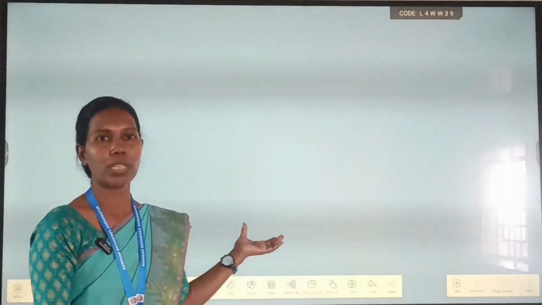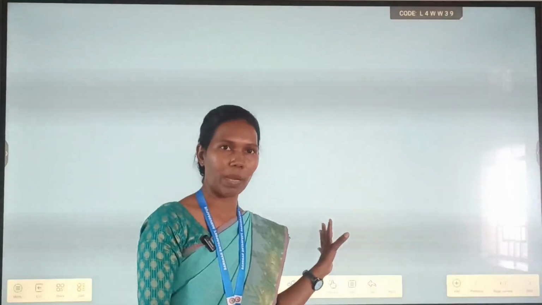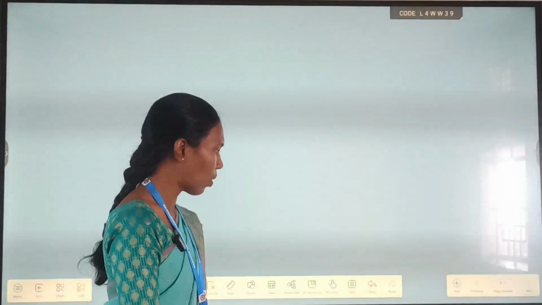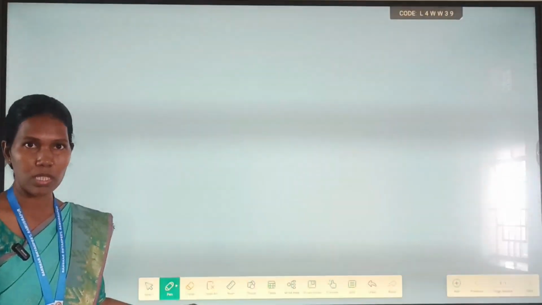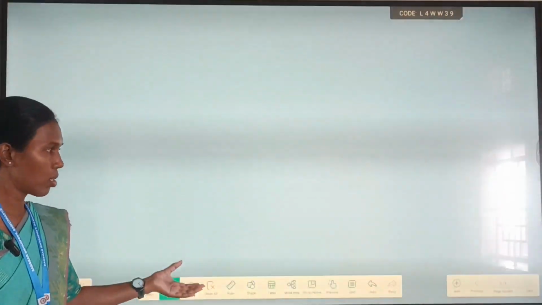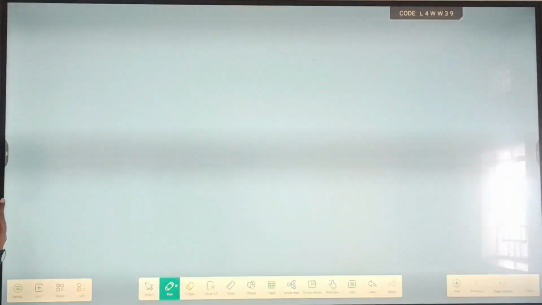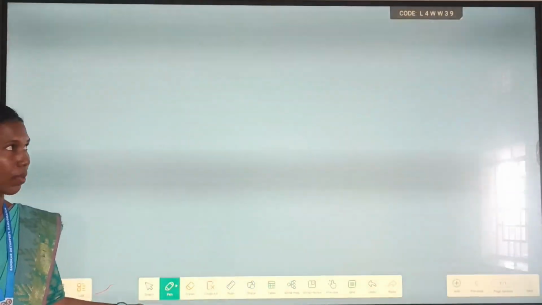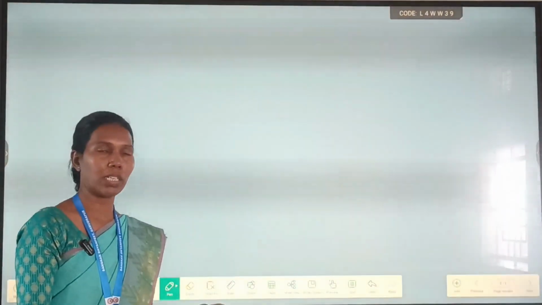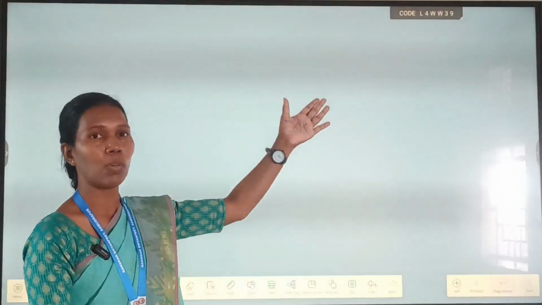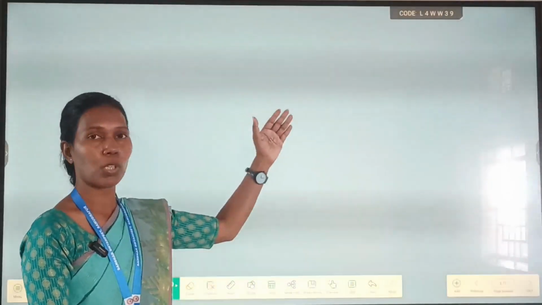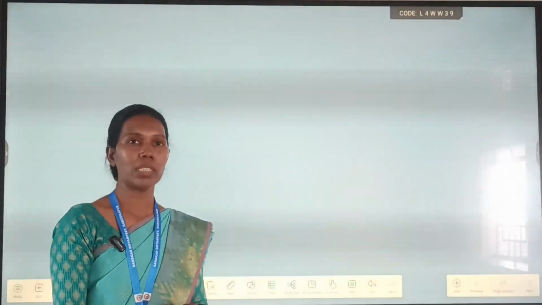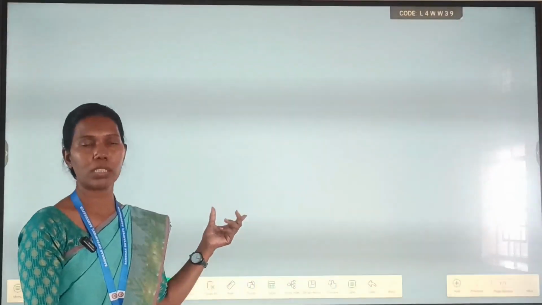Now we look at how we use this audio visual digital interactive panel board in our day-to-day teaching method. There are a number of keys, tools and functions. Some functions are on the left side, some on the right side, and some at the bottom of the screen. If we want to use the internet while teaching, there are some keys at the upper portion of the screen. By using those keys we start the internet connectivity of the digital panel board.